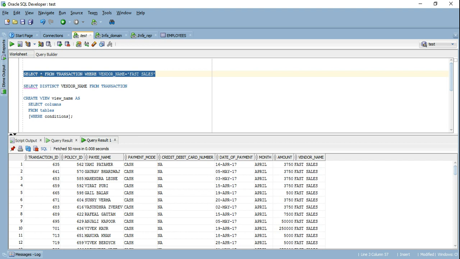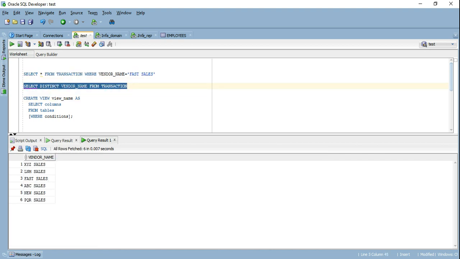Now the problem is, consider I have a transaction table that has a billion rows and more than 450 million rows are sold by fast sales. In that case, I'm doing a huge replication of data, and tomorrow somebody else can come to me. Tomorrow another vendor, say XYZ sales, can come to me and say that we want our vendor data as well. We want the transaction data. So obviously it's not wise for my DBA to keep on creating new tables for different vendors. That's just unnecessary replication of data.